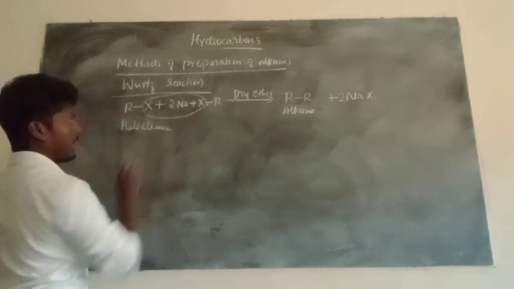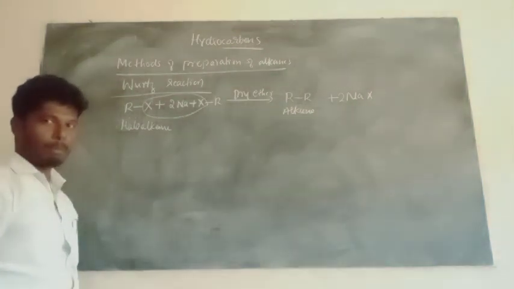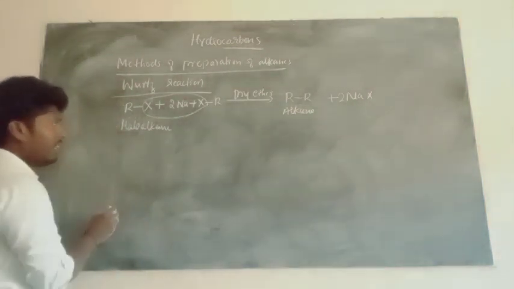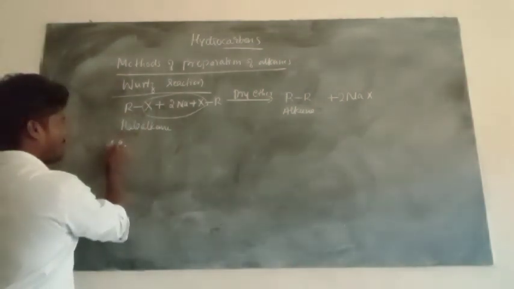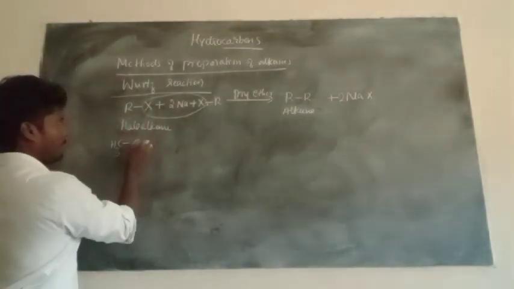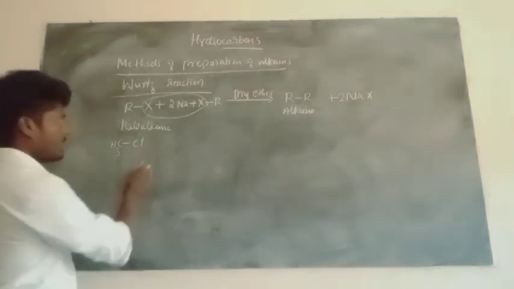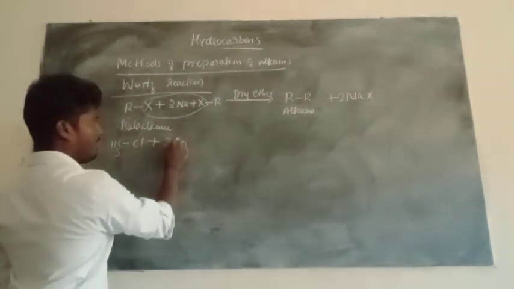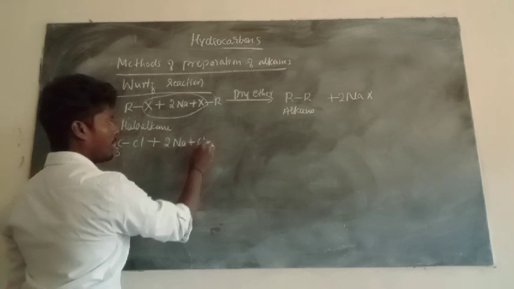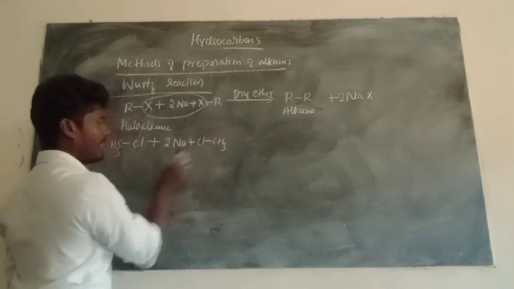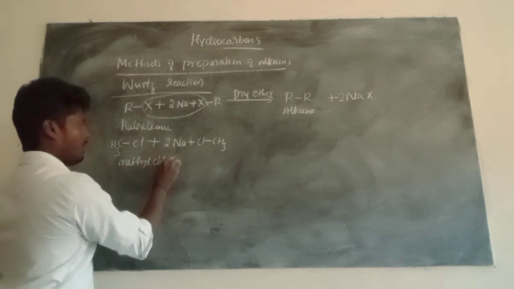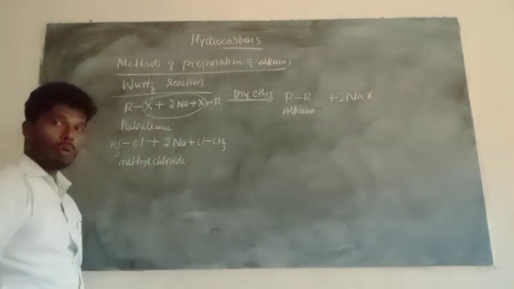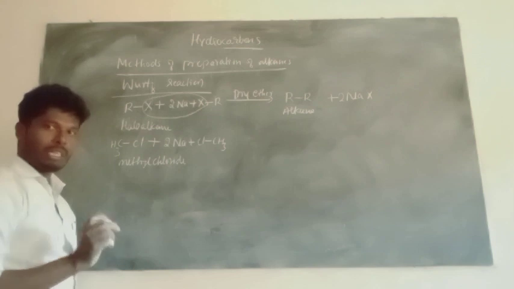These are the haloalkanes. And you know sodium metal is a good reducing reagent. You know the properties. So similarly, one more general reaction, or take an example. In place of R take CH3, and in place of X take chlorine, which is treated with methyl chloride, which is treated with sodium. Again take one more molecule of methyl chloride, that is CH3Cl. What is its name? Methyl chloride. And we also call it chloromethane. Okay, both are the same.